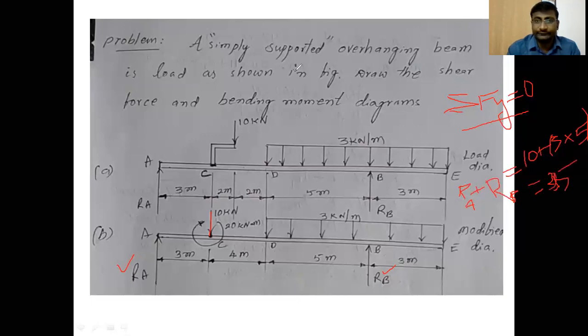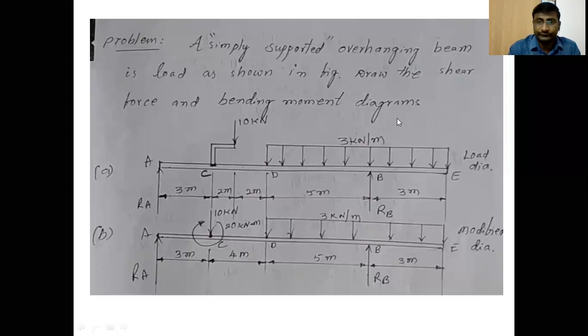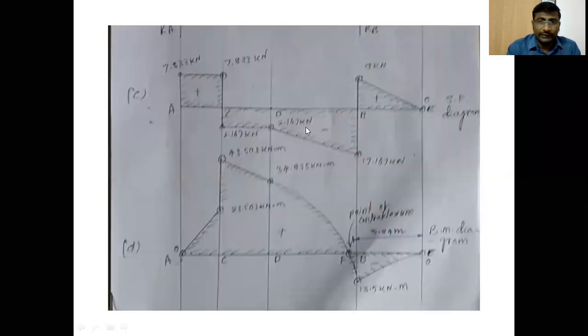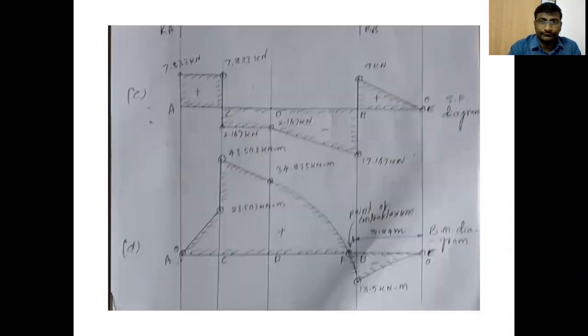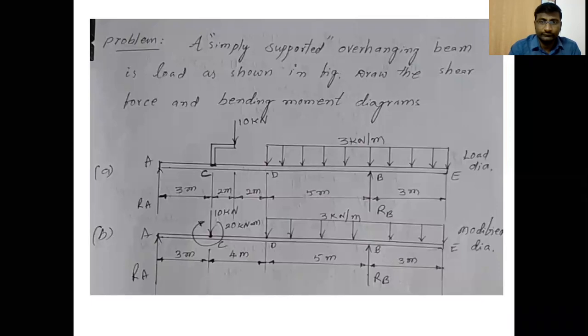Dear students, RA plus RB is equal to how much? I already wrote it in the next slide. This RA plus RB is equal to... Sorry, 5 plus 3, 8. 5 plus 3, 8. So 3 into 8 meters, not 5 meters.